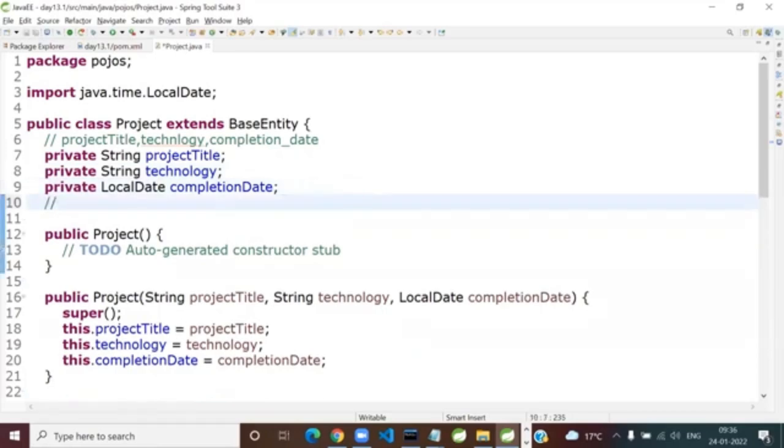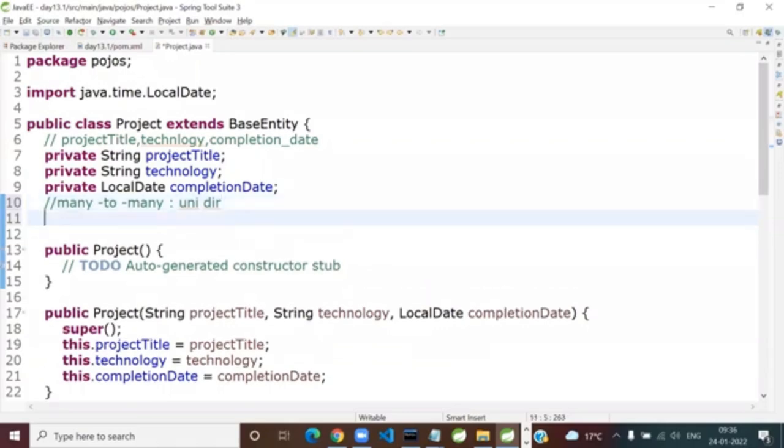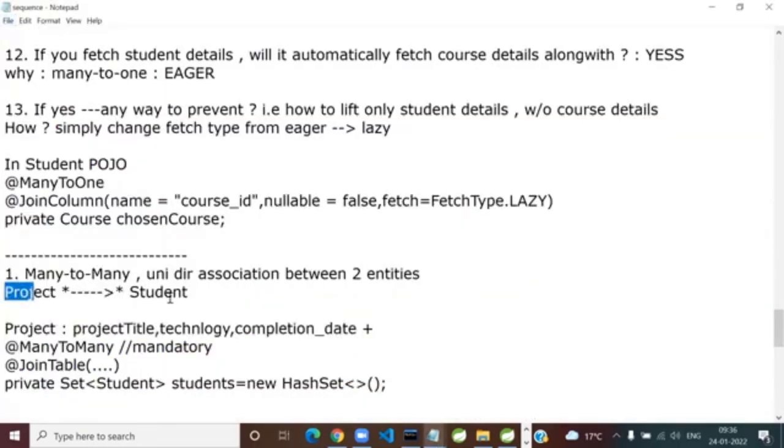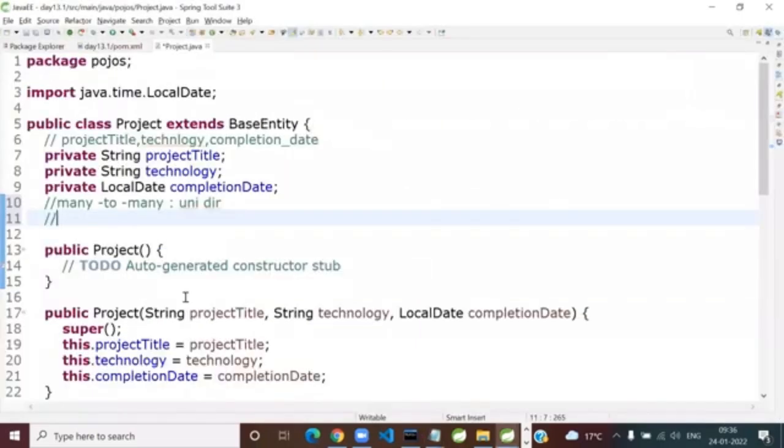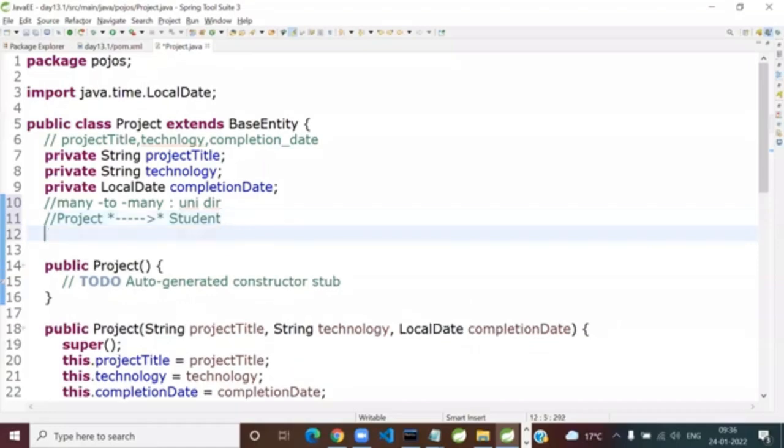So first give a comment. What we are doing is many to many. Currently, I'm creating it as unidirectional. You can change it to bidirectional just by having in Student again this property, set of projects. That will make it bidirectional, mappedBy and everything. So currently I'm showing you unidirectional and a picture says better. So this is what we are configuring. This will help you a lot in Spring Security or something where we will have user and the roles. One user can have multiple roles and one role can have multiple users. So it is a good kind of preparation.